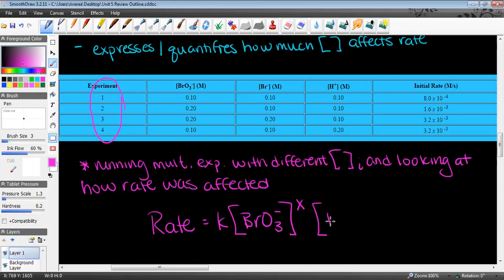How much does the bromide ion affect the rate? And how much does the hydrogen ion affect the rate? So I want to find all 3 of those exponents. What I do is I look for a place where 2 of those reactants stay the same and one of them changes. So if I compare experiment 1 to experiment 2,